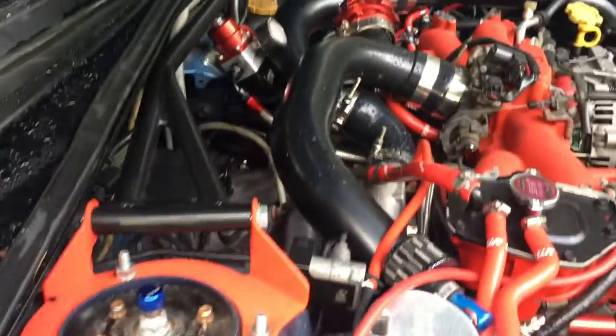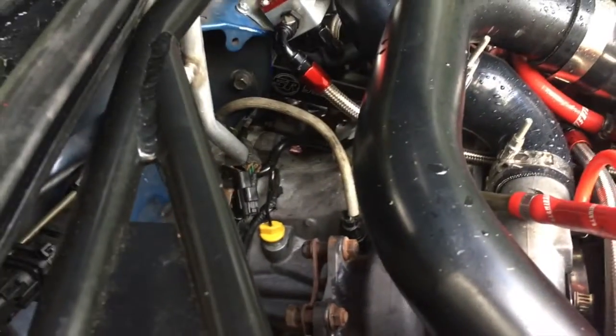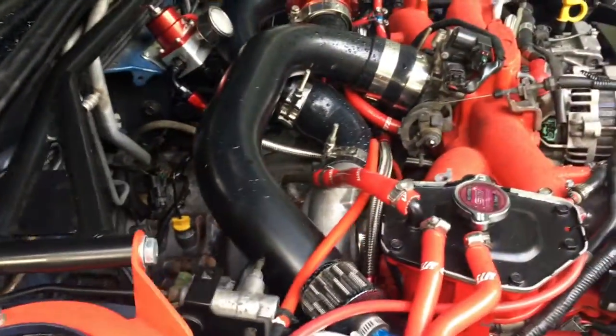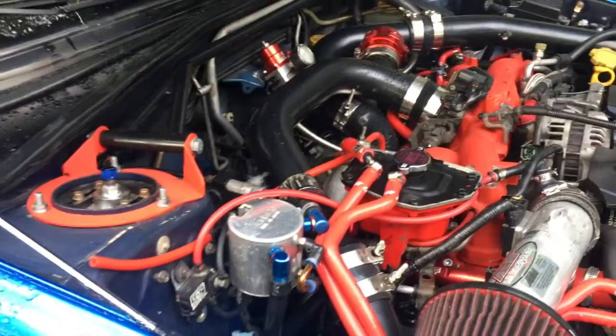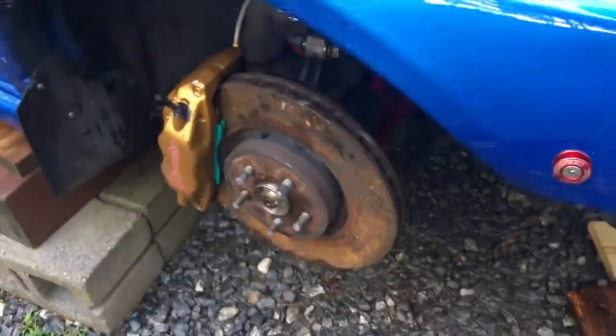Now, if it doesn't hook up in your model, there are some companies out there. I believe iWire is one of them. I think that's right, I could be wrong, but they make adapter kits, so you can hook it up. Okay, so the transmission bolted right up, no problem. So now for the front